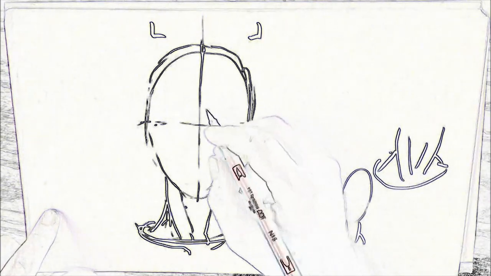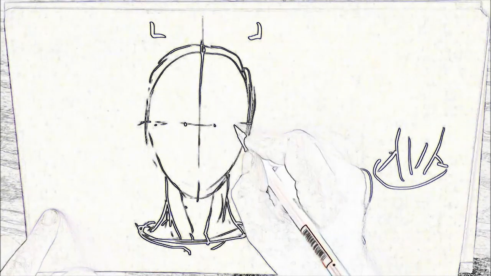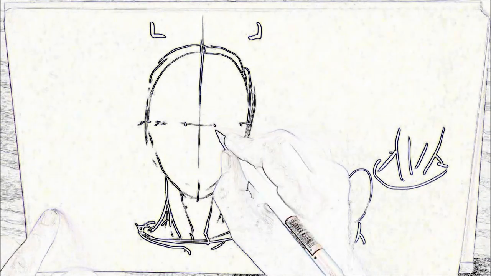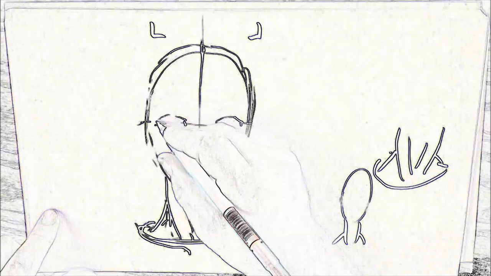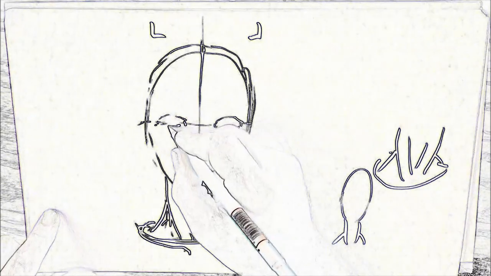And then I'm going to put the eyes in. I'm going to kind of rough in where the eyes are going to go by dividing into thirds. She's going to have nice big eyes. Okay, I'm going to draw the top part of the eye and the bottom part of the eye. I'm going to come in with the eye. You don't make the eyes